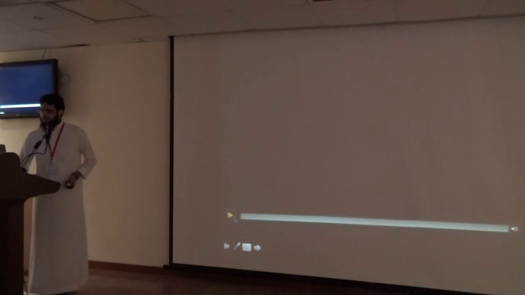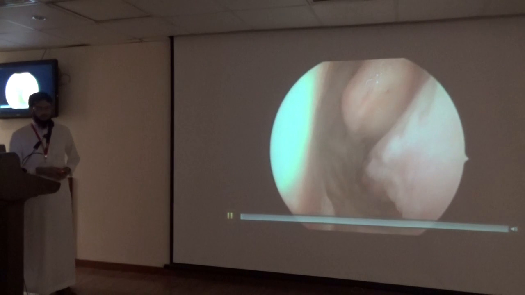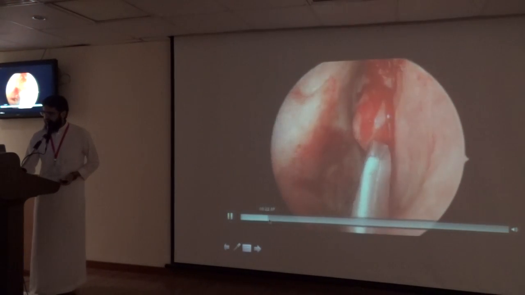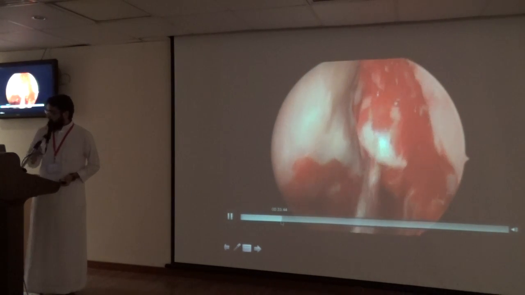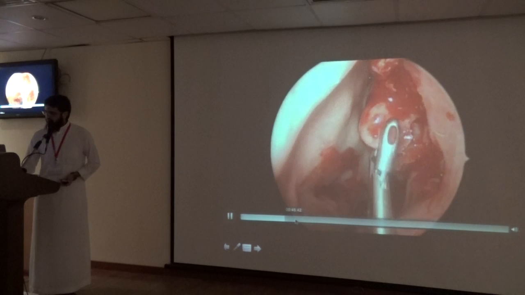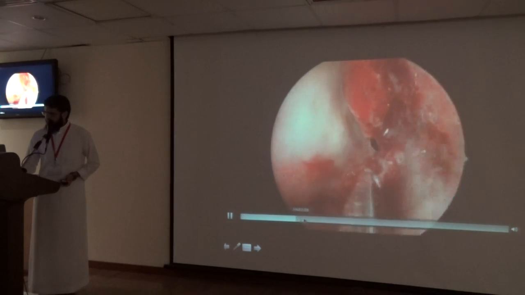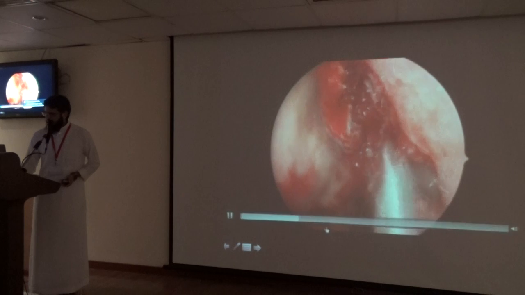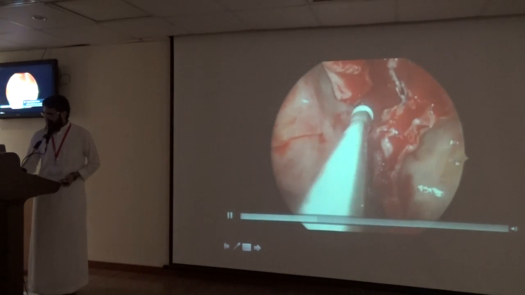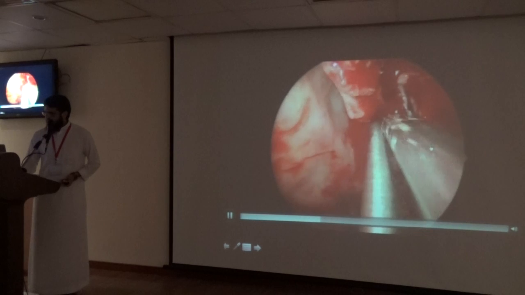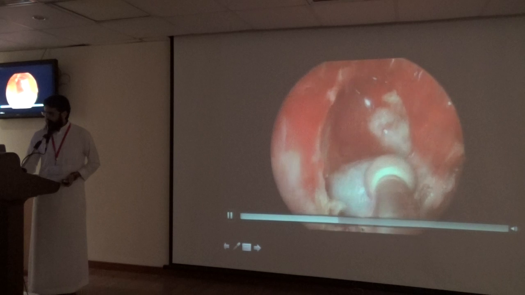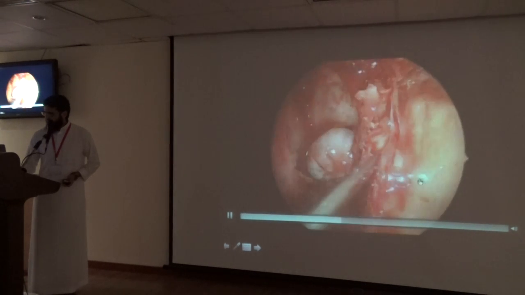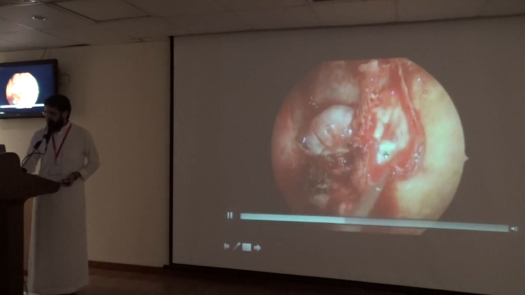And this is just an illustrated case of CSF leak and meningocele of the lateral sphenoid wall. We do wide maxillary antrostomy and complete ethmoidectomy just to reach the area, and identify the sphenoid in this place. Then you do wide maxillary antrostomy. This is the posterior wall, and this is the area of the pterygopalatine fossa. We go a little more and drill the pterygoid process in order to reach far lateral, and this is the